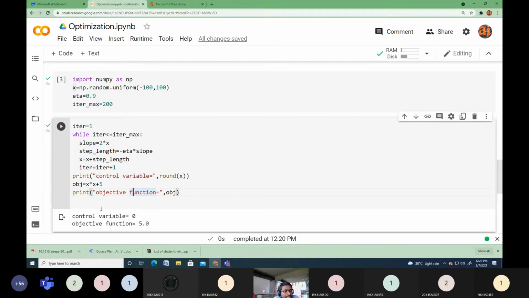Okay. So I hope you understand how we can implement the gradient descent algorithm for a single variable non-linear optimization problem using simple Python. Yesterday I shared one assignment for the gradient descent algorithm, single variable non-linear optimization problem. So try to solve that problem and upload it in your repository before August 14th. Okay, done. Hope you understand the Python implementation.